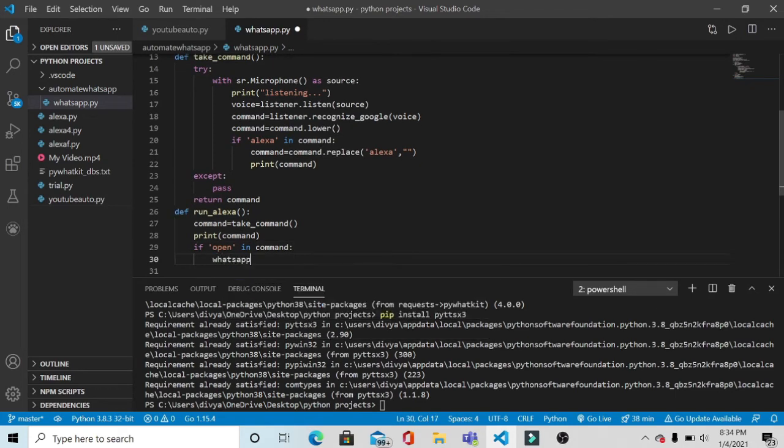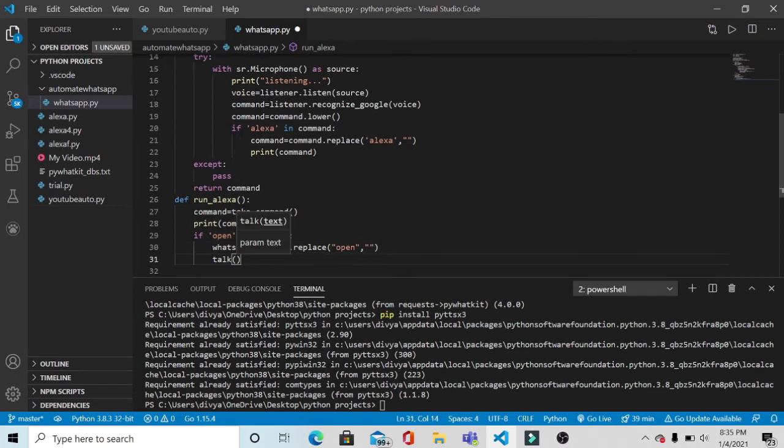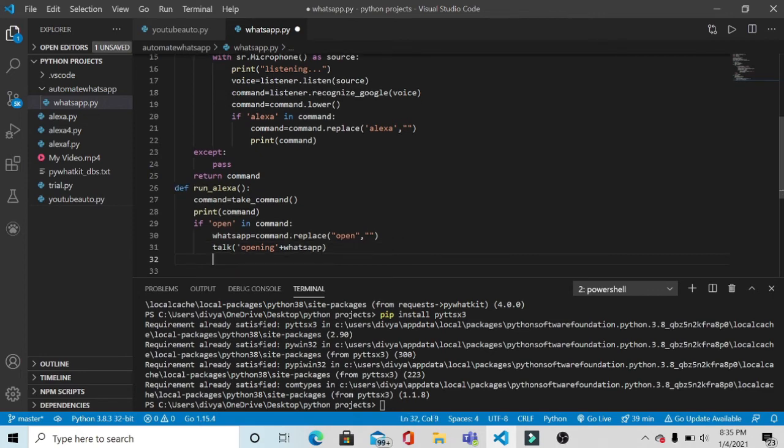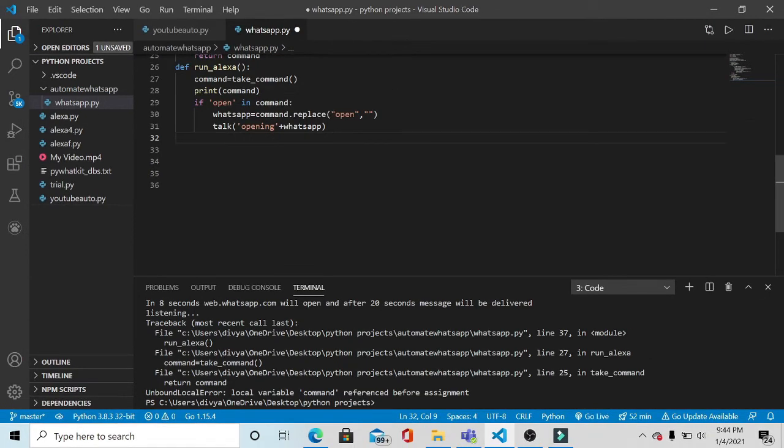So WhatsApp is equal to command dot replace, the open word with an empty string. After that we are applying a talk function, so it will give the text like opening WhatsApp and send a message. And the most important library that we are using here is pywhatkit.